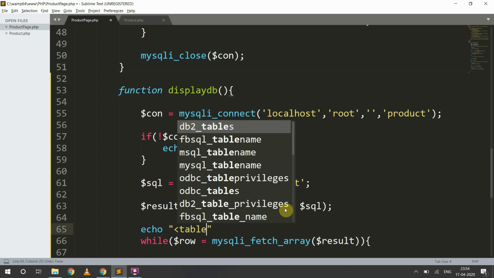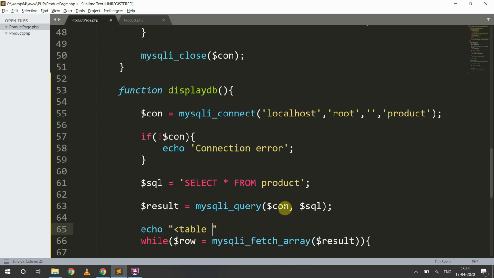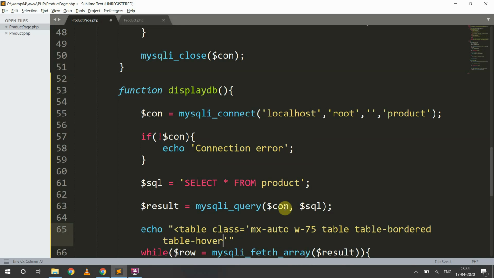So it will be a table. I'll use some CSS, Bootstrap classes, so those classes will be for the table.